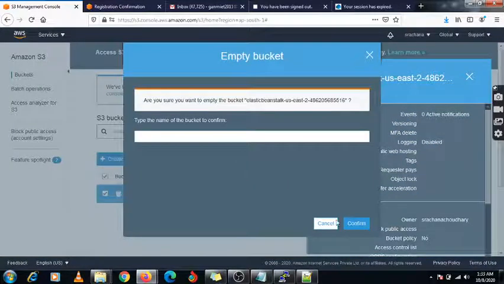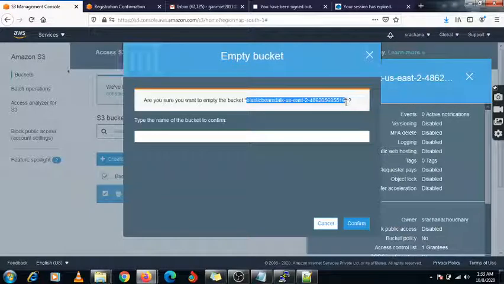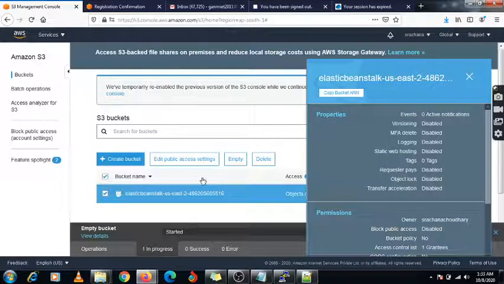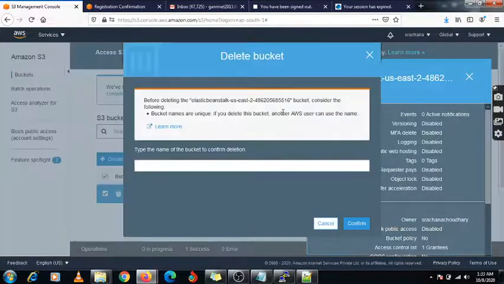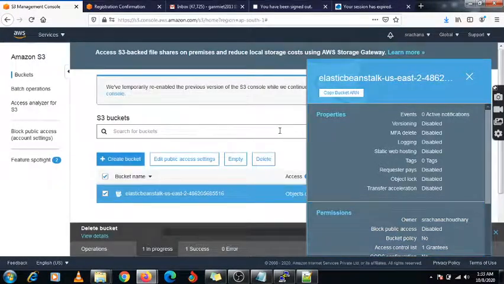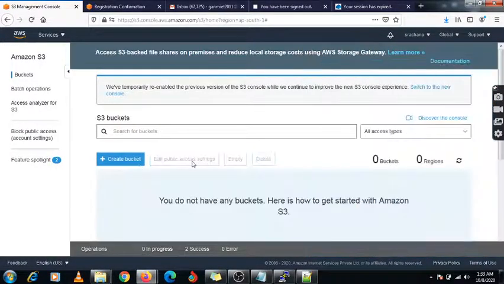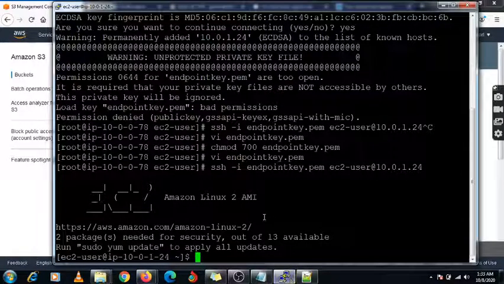First we need to empty it and remove it. Now there is no bucket created under S3, and this is my private Linux machine under this private subnet.